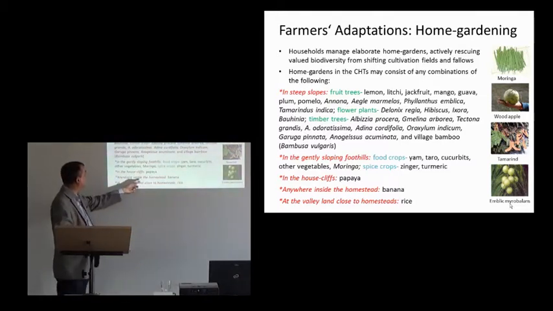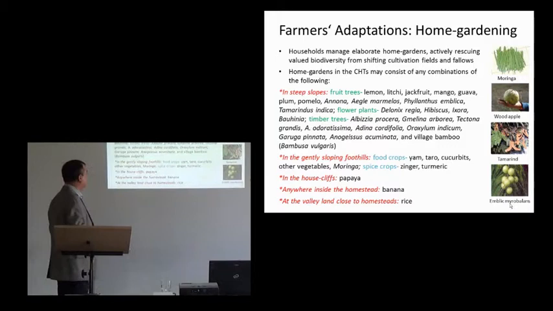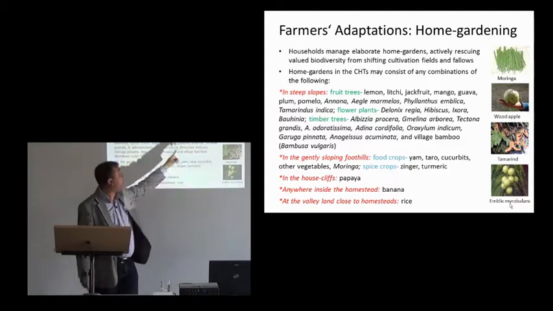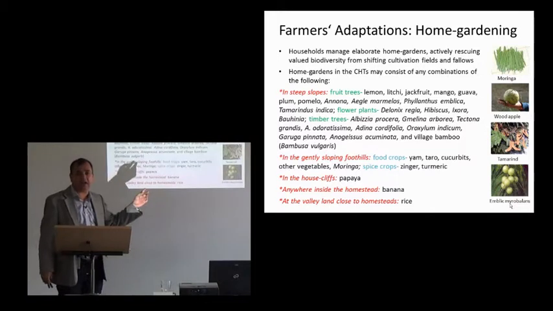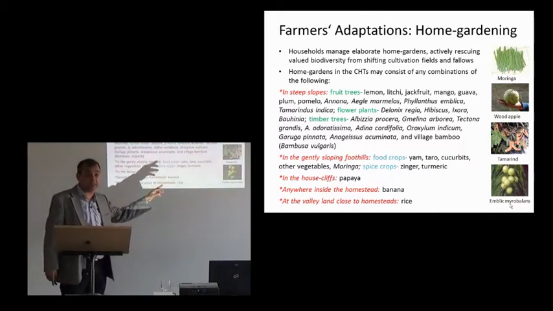So in homesteads, anywhere, banana is the one crop that fetches year-round income. So they grow banana here and there, everywhere. There is no rule for growing banana plantation. And then you can see these are all health foods. You see the pictures that I'm showing here, all health foods. Moringa is a typical health food because it's anti-diabetic.